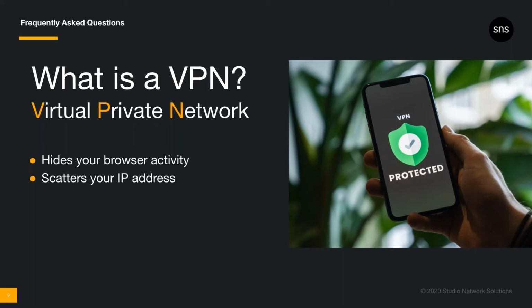You've likely come across VPN services that bill themselves as a technique for data privacy, for hiding or anonymizing browser activity, especially for mobile devices. And you may have heard that a VPN scatters your IP address, so people, or bots, governments, etc., can't track your phone or your web history. Those are different uses for a VPN than what we're talking about today. Those kinds of VPN services are meant more for consumer privacy while browsing the internet. That is not quite the main purpose of SNS Cloud VPN.